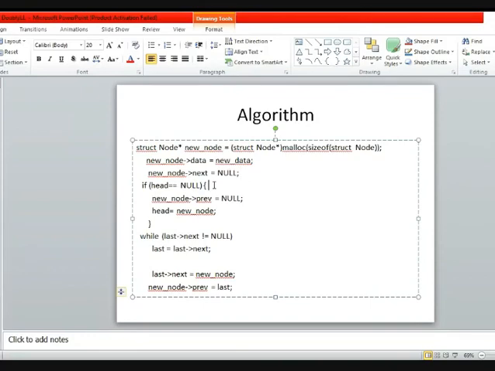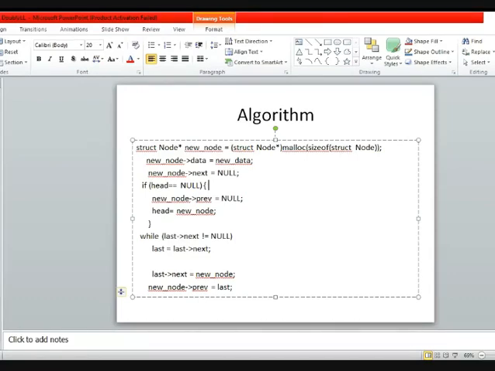And for that, you need to check whether you are inserting for the very first time. Again, the same cases here as we discussed before, because if you are inserting in an empty list, then this node will be the last and the first of the list. So this will be the only node after insertion in the list, and this will be the head as well as the last of the given list. So you have to check when you are inserting for the very first time.